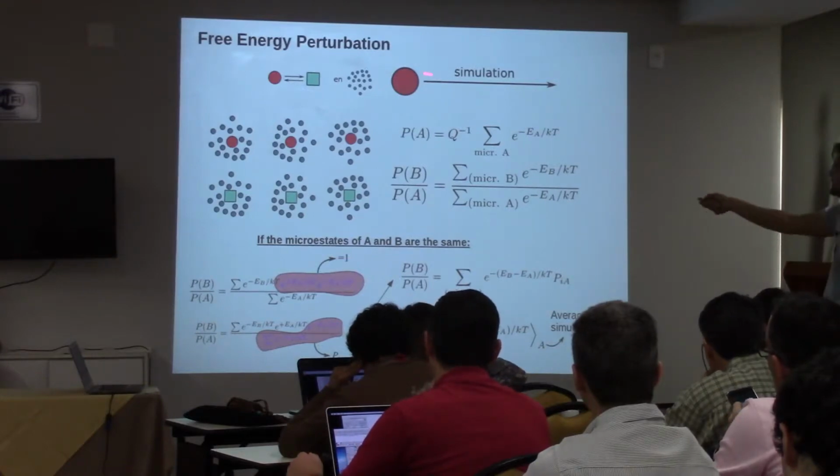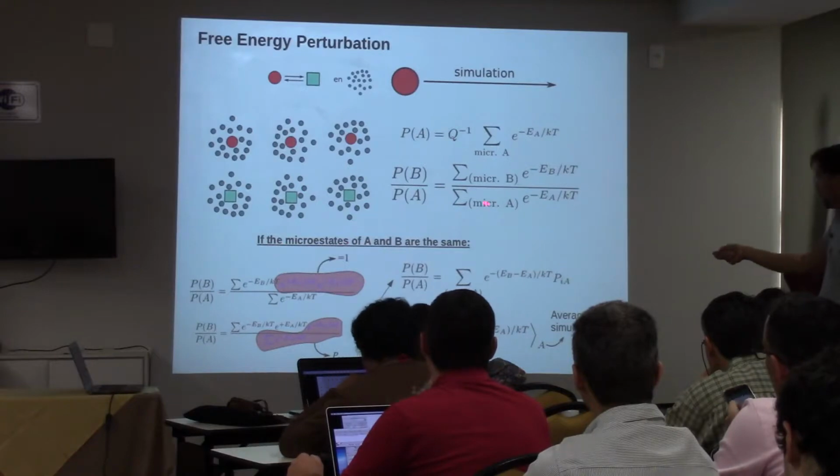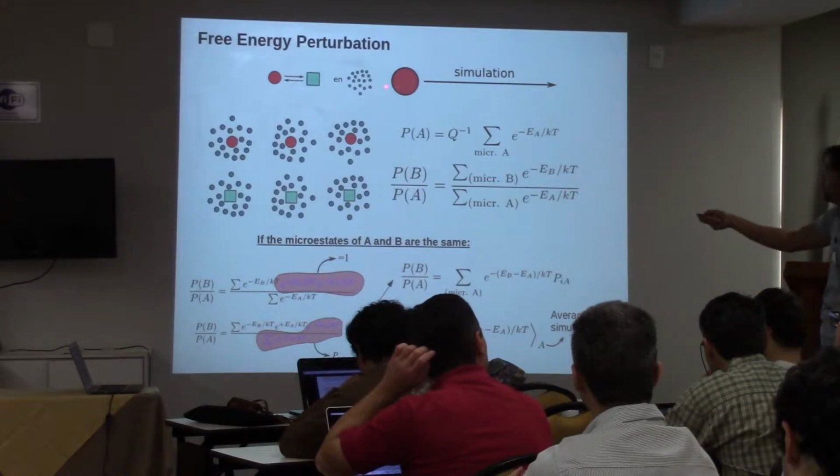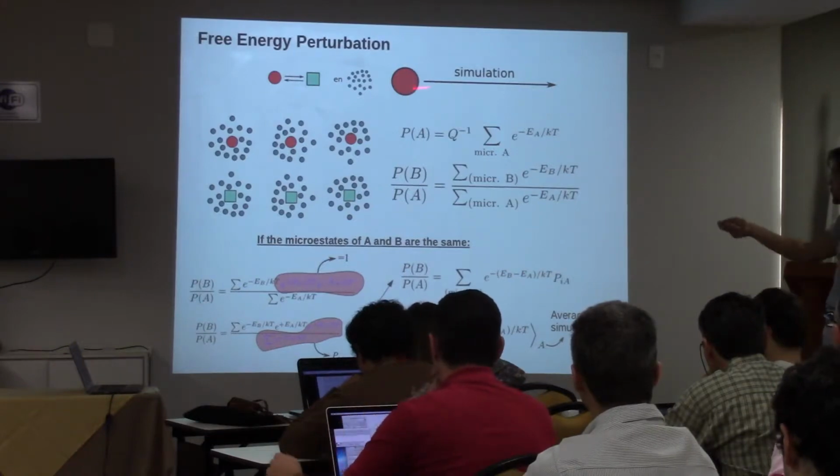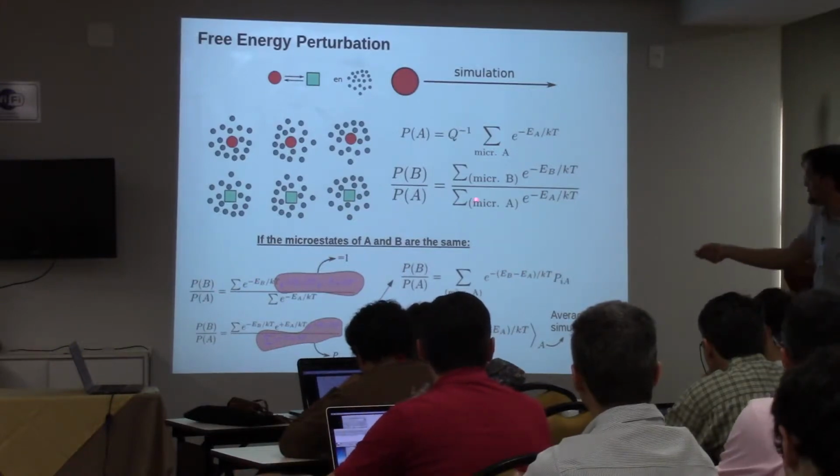However, we are supposing that this simulation of the red ball sampled all configurations of the solvent. Every configuration of the solvent is already sampled in the simulations. In this simulation, so this rate, the sum over